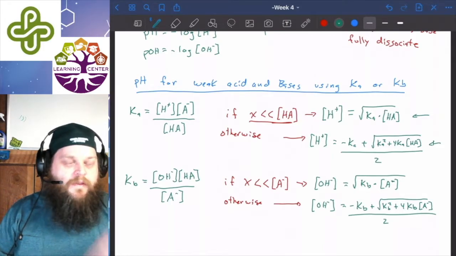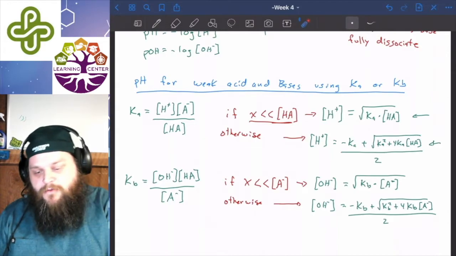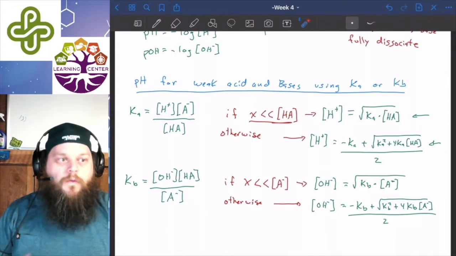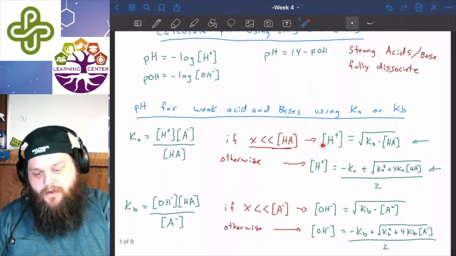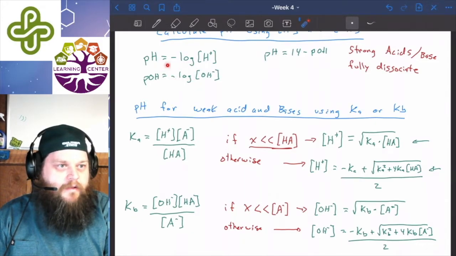with the concentrations of the acid or base, respectively, to find the hydronium concentration or the hydroxide concentration. If we plug these values back into our pH and pOH up here, we can solve for pH. So if we have hydronium from that, we can solve for the pH. For a weak acid at equilibrium, we'd find those here. For a weak base, we'd find the pOH values, plug it in, find that pOH, and then find our pH this way.